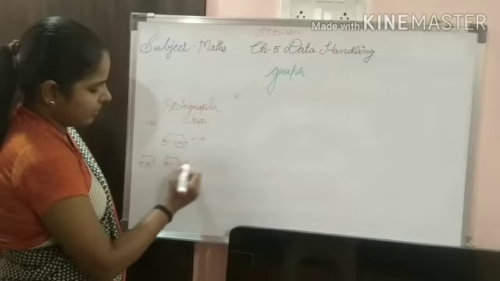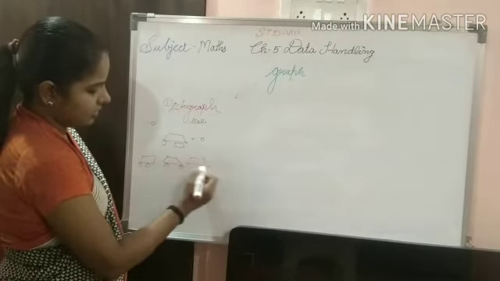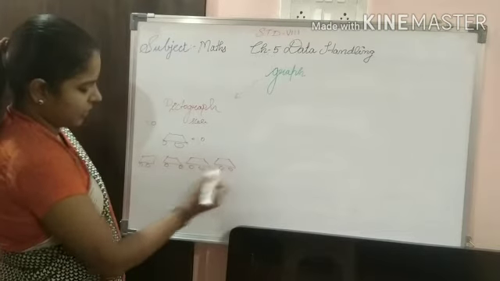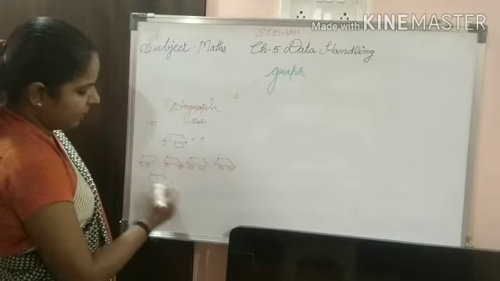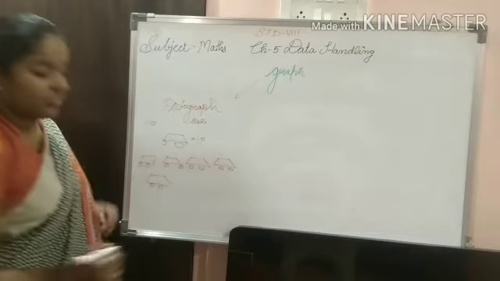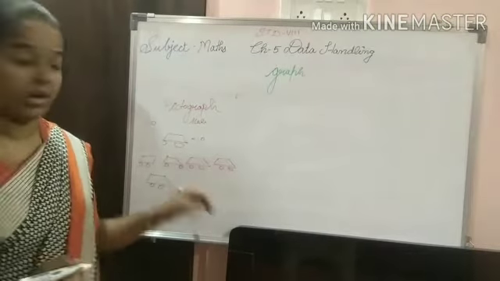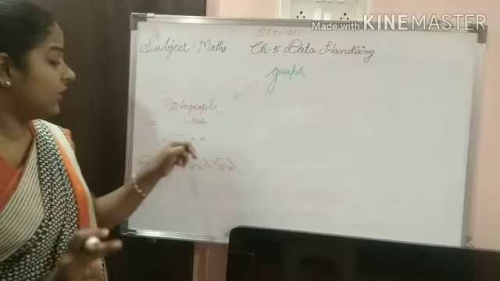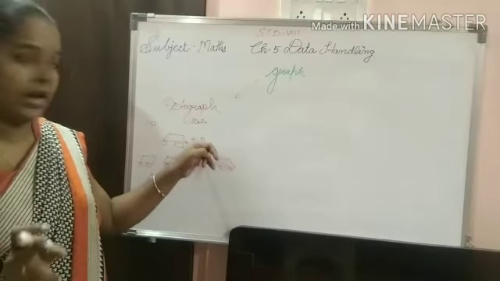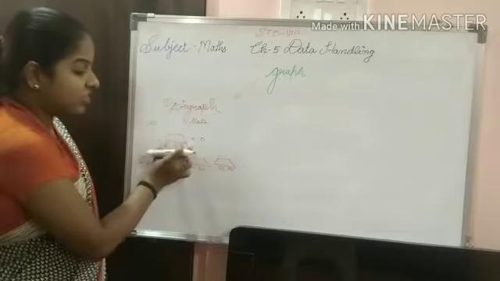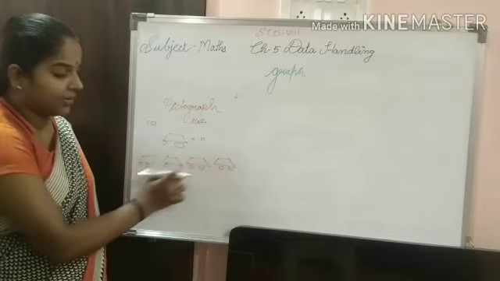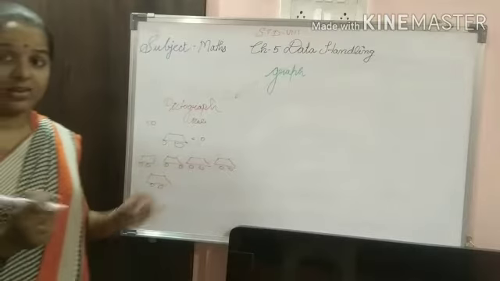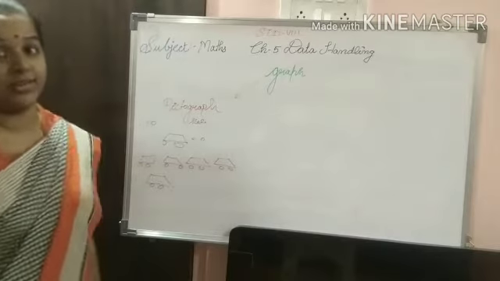Like this I can represent 5 cars, which means 50. This one is called a pictograph, where I have represented 50 cars using the symbol. 1 car is equal to 10. This one picture is equal to 10 cars, so I have represented it. If someone sees this, it can be read easily. Understand, students? Instead of counting 1, 2, 3, 4, 5, 6, 7, 8, 9, 10.